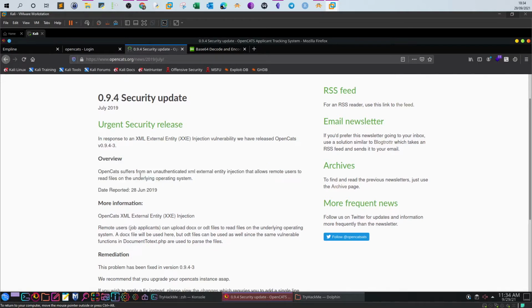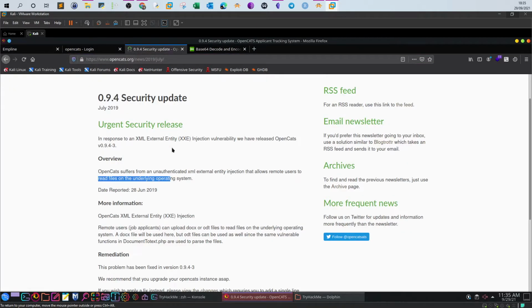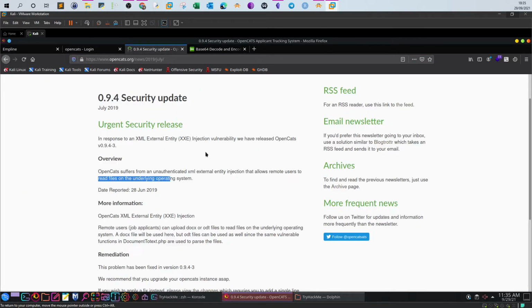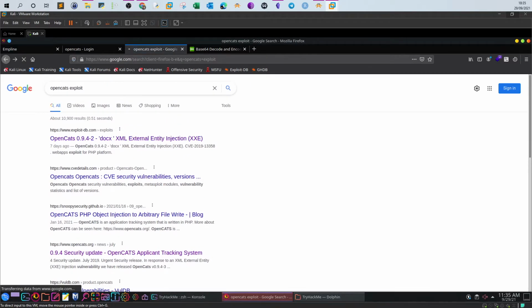So here is an explanation of the vulnerability. OpenCATS suffers from an unauthenticated XML external entity injection that allows remote users to read files on the underlying operating system. OpenCATS is an employee tracking application. The current version installed is vulnerable to unauthenticated XML external entity injection, which we can use to read sensitive files in the operating system. How do we do that? If you go back and click on Exploit DB,